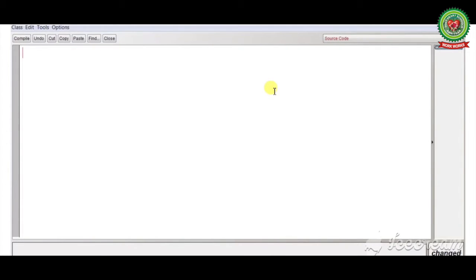Now we will write the coding, that is public class series, enter, curly bracket start, enter, public static void main, round bracket start.